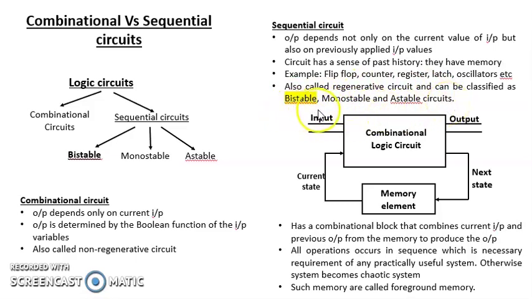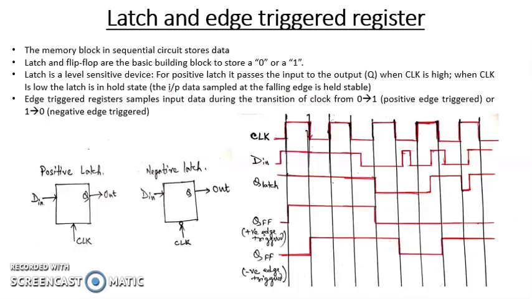The bistable circuits are very popular and widely used, and we will discuss in detail the concept of bistability and various bistable circuits. The memory element in the sequential circuit should store some information. The information is in the form of zeros and ones, because for digital circuits the information is stored in the form of either a 0 or a 1.